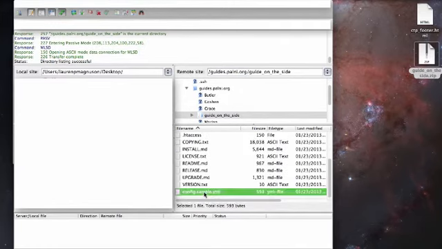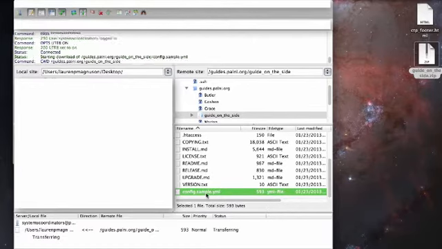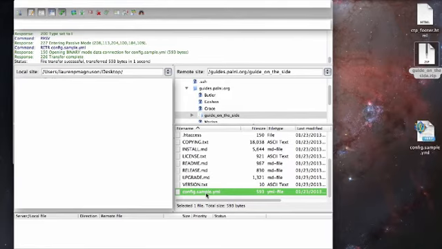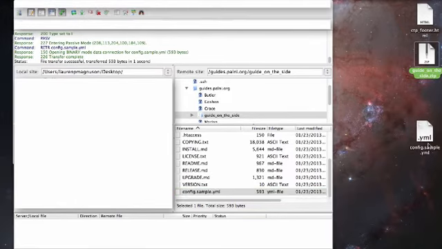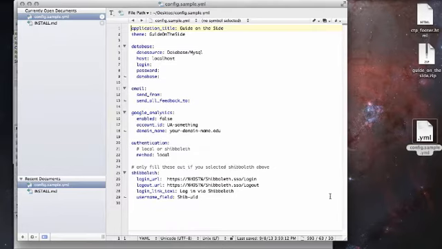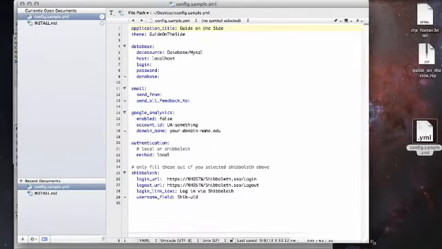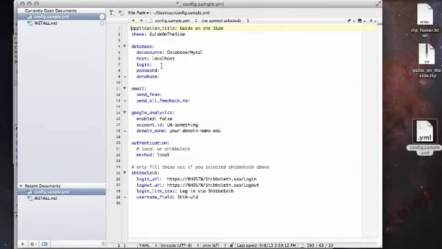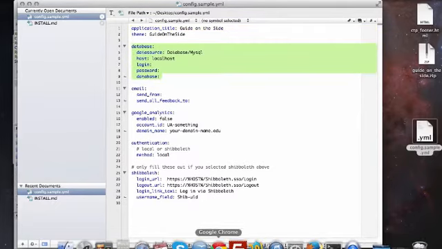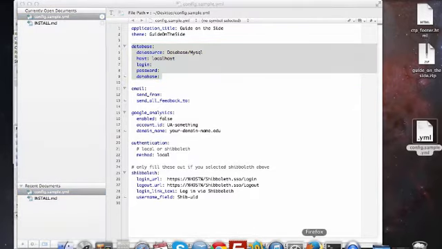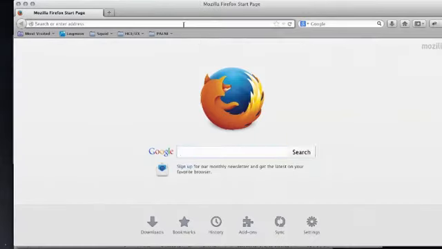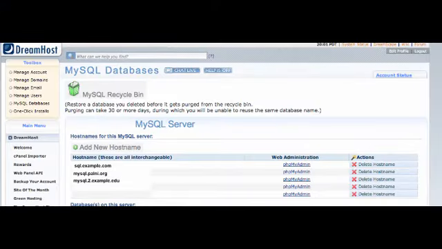So now you can see I'm just downloading that config.sample.yml file to my desktop from FileZilla, and then I can open it up in a text editor like Text Wrangler and then edit that file with the configuration settings I need. So the major thing to keep in mind when editing this file, the database section is probably the most important section you'll need to edit, and that's going to contain information about your MySQL database that you're creating for this installation. If you're working with a hosting provider like DreamHost, like we are in this example, you can just